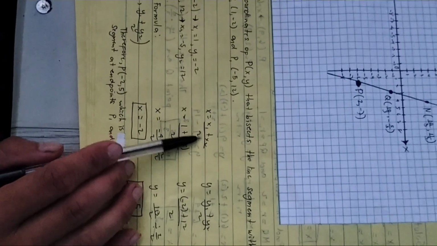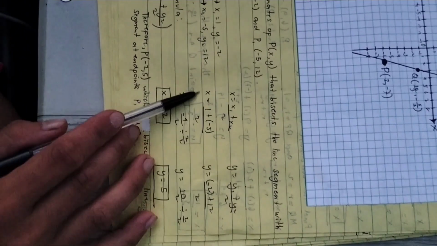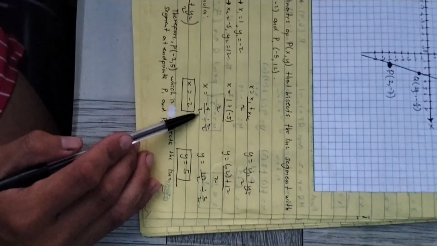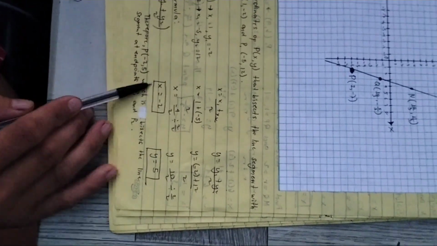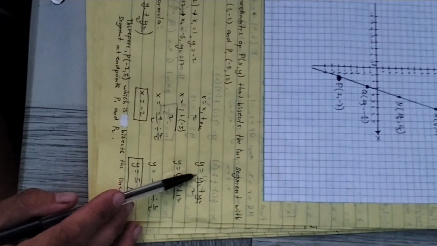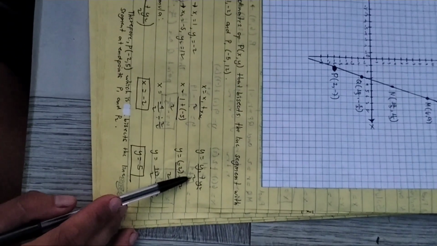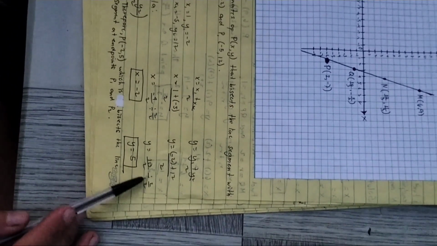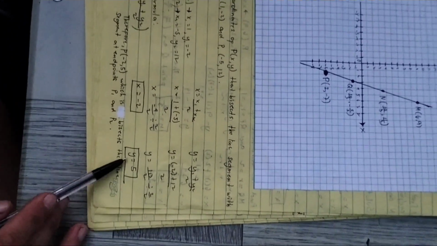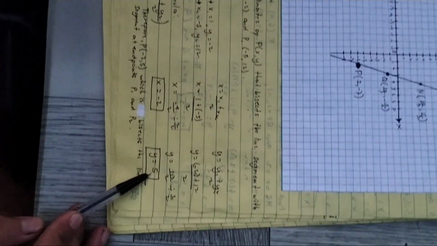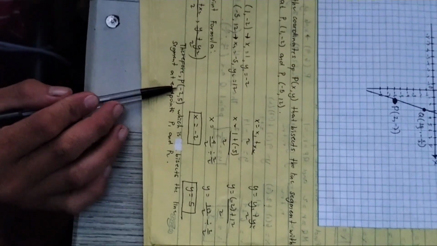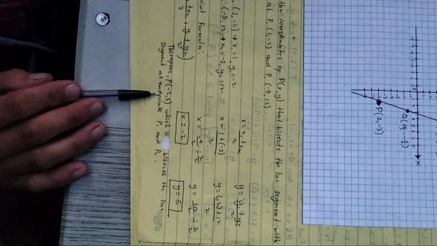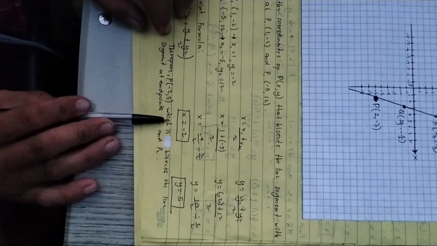So x is equal to x sub 1 plus x sub 2 over 2, and x is equal to 1 plus negative 5 over 2, and x is equal to negative 4 over 2. Therefore, the final answer is x is equal to negative 2, and y is equal to y sub 1 plus y sub 2 over 2, and y is equal to negative 2 plus 12 over 2, and y is equal to 10 over 2, divided by 2. Therefore, the answer of y is equal to 5. Therefore, the ordered pair of negative 2 and 5 bisects the line segment at the endpoints of the first point and